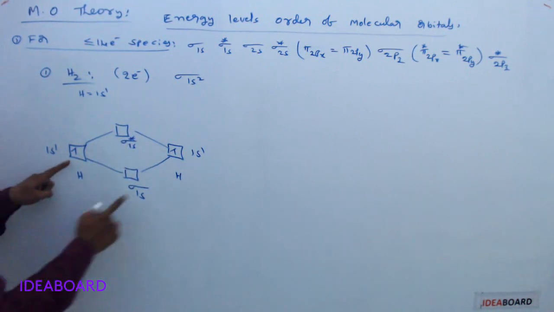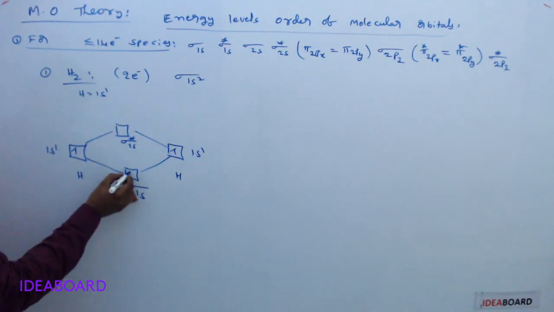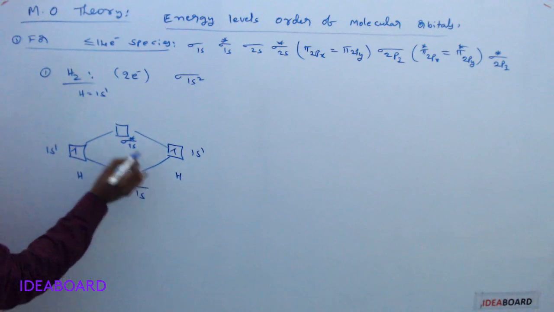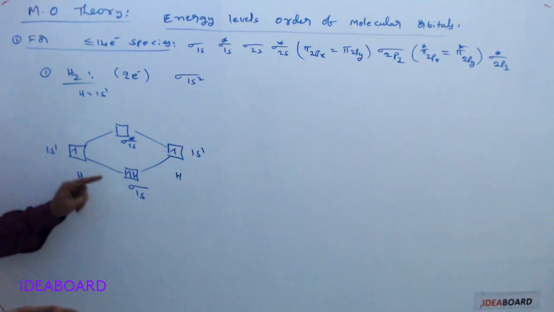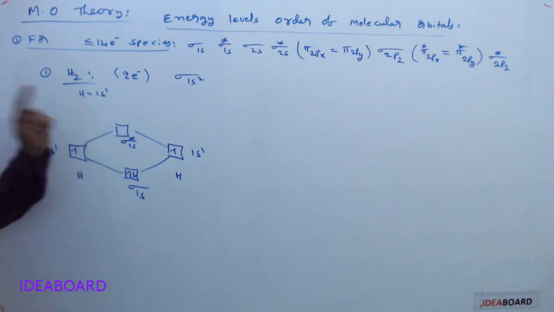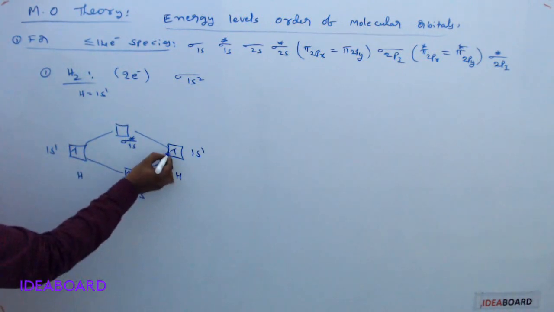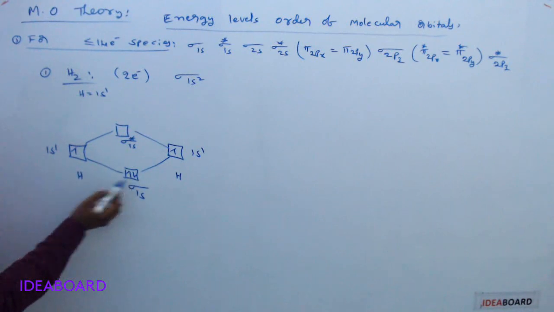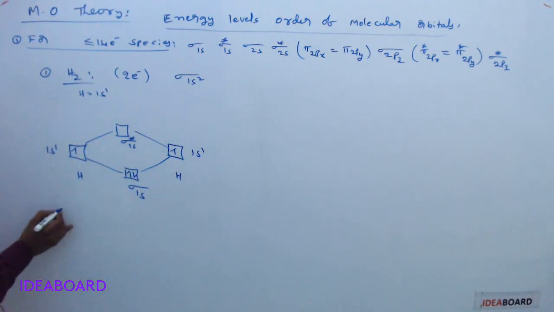And how many electrons do we have? 2 in total. So I fill first the lower energy orbital with the 2 electrons. First the lower energy orbital is filled completely, then only we go to the higher energy orbital. That is the Aufbau principle. We will study it again in the atomic structure chapter. Okay, then you check it. Here 2 electrons are present and they are completely paired. So we can see